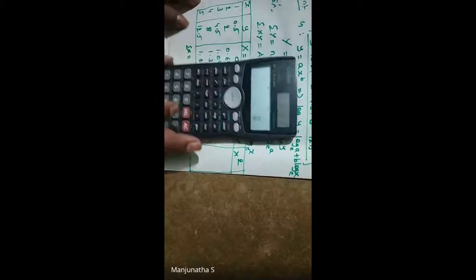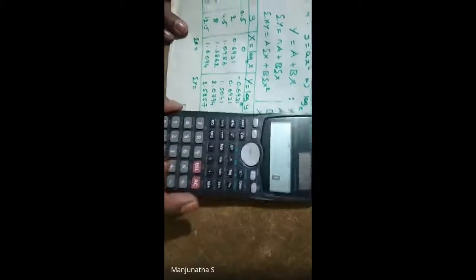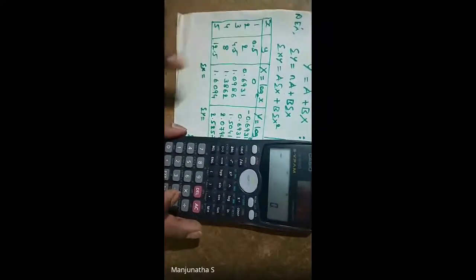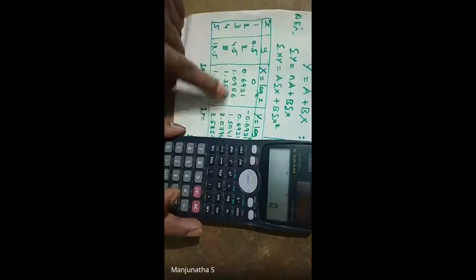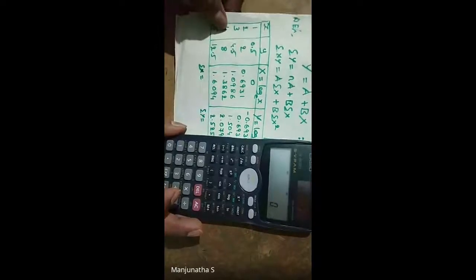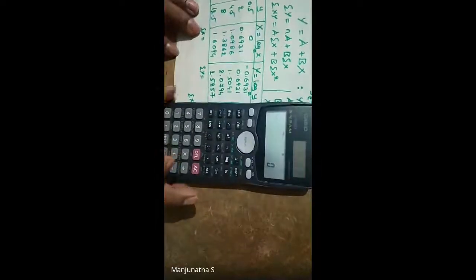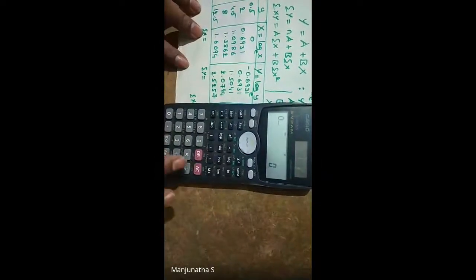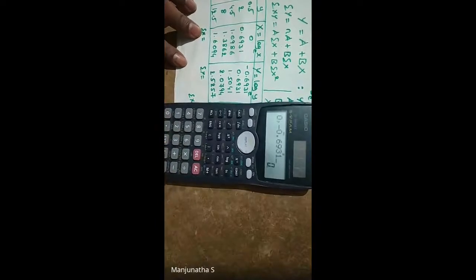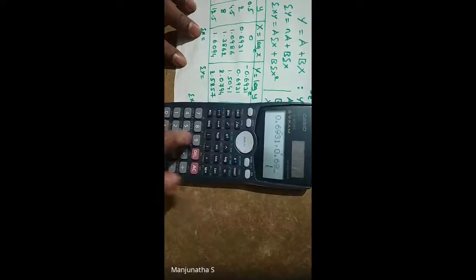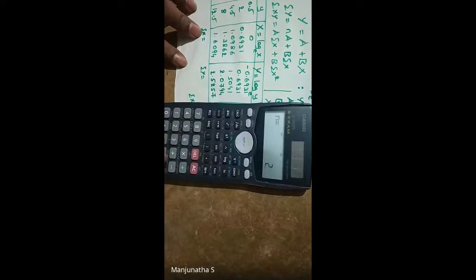So I press. I got the display like this. Which values do I need to give? Not the small values. We need summation x and summation y. So this pair of values we need to give. Okay. Give the value 0, comma, minus 0.6931. Correct. So first value I have given. So n is equal to 1. Next value 0.6931, comma 0.6931. So M plus, so 2 entries.